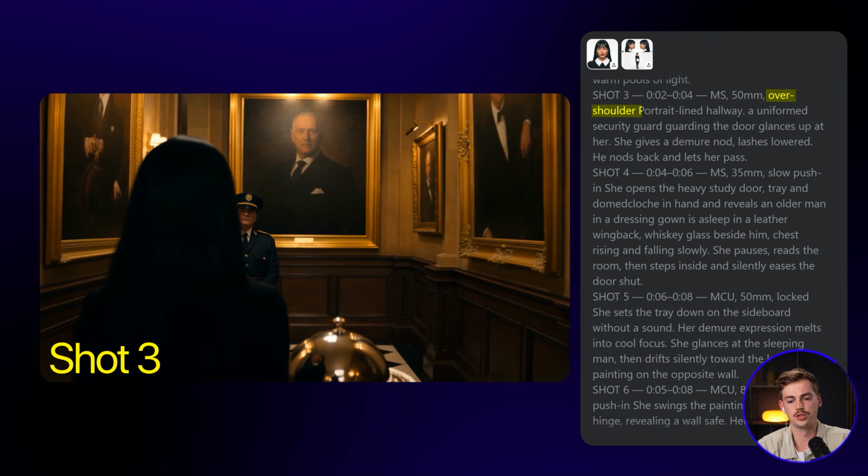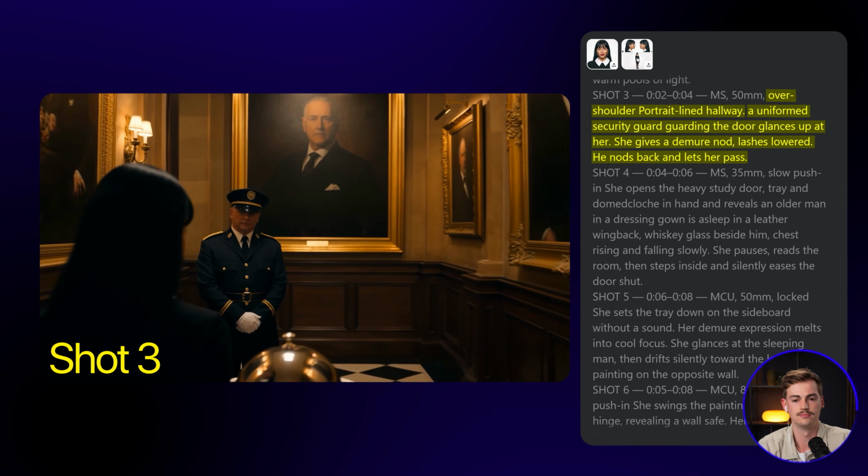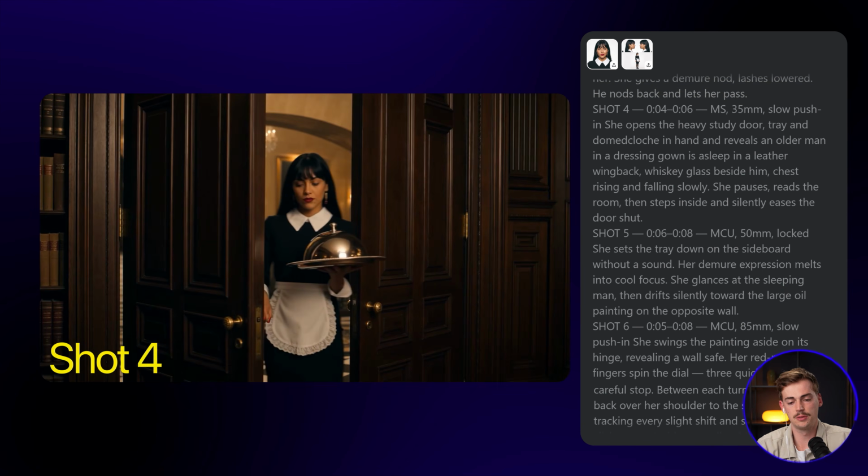We have an over-the-shoulder shot, portrait-lined hallway. That's the guy right there. We have a uniformed security guard guarding the door. He glances up at her. She gives him a nod, and then he nods back and lets her pass. That was another shot. Next up, we have a slow push in while she opens the heavy, sturdy door, and